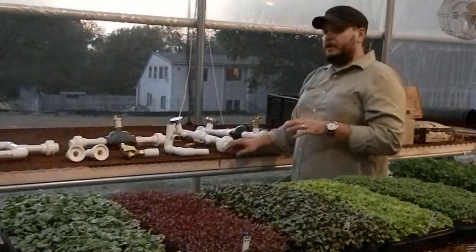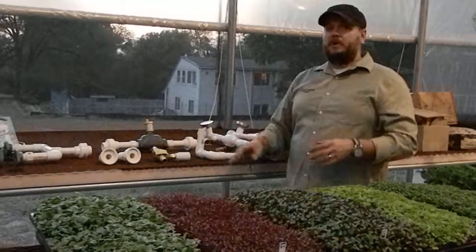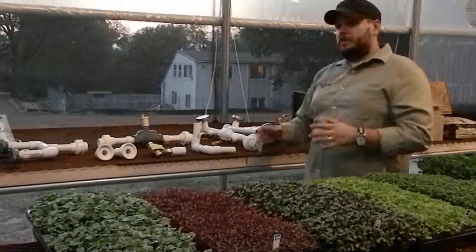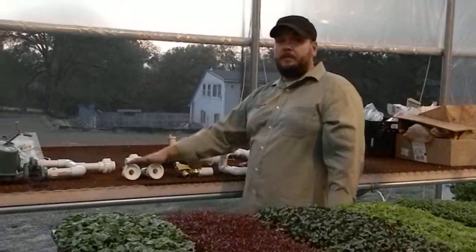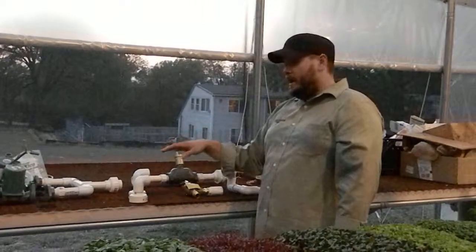The other thing we want to talk about is the interaction with our hot water heater. There's a lot of different ways to supply hot water into this system, from geothermal to propane or natural gas hot water heaters to solar hot water panels. For us, we're using a hot water heater. So what we have here is some of the different plumbing fixtures that will be attaching to our hot water heater. We have a supply and a return that comes out of our hot water heater,